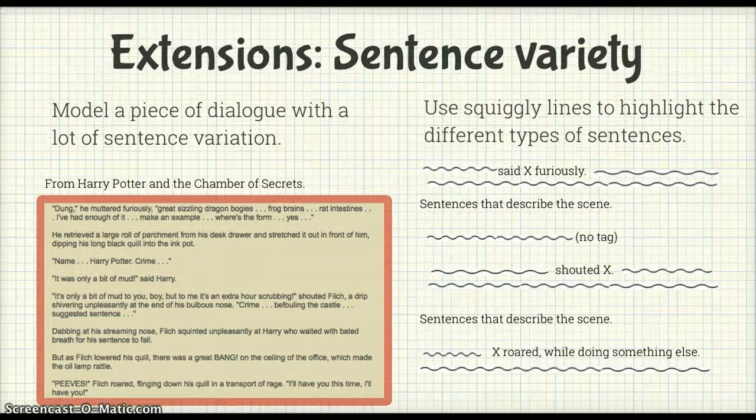Now, one thing you can do to push students even further is to show sentence variety and how they can use dialogue in different ways in their writing. And so this was a great strategy that I read about. What you need to do is grab a piece of text that is pretty complicated and has a lot of sentence variation, and then actually translate that text into squiggly lines to take away the words, but to show